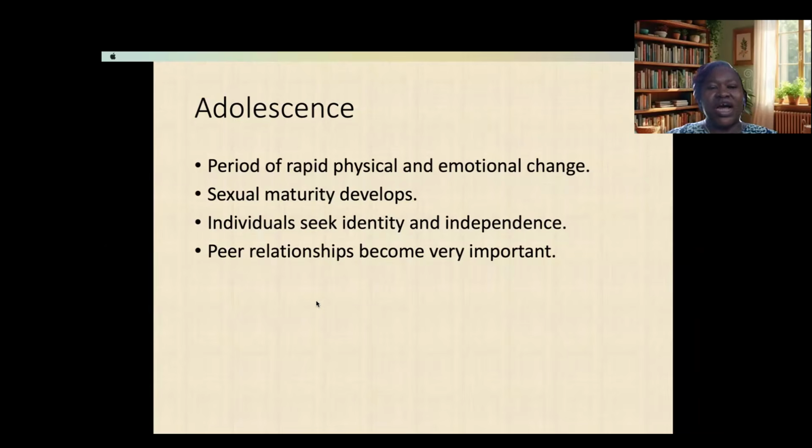Also, they try to seek identity and find independence. I remember my 15-year-old son, maybe 4 or 5 years ago, whenever I returned from school, he wanted to sleep on my bed. If you told him to go to his bed, he would not go. He would put his big leg on me, or he could say, Mommy, I want to kiss you. All of that. But suddenly, in the last 1 year, he just started, of his own accord, to move all his